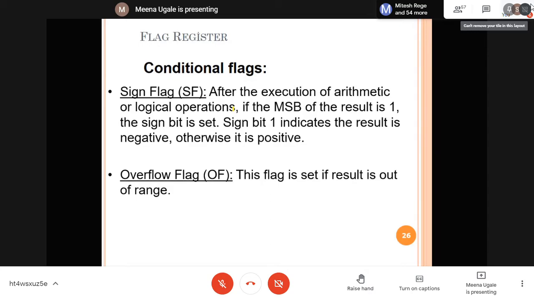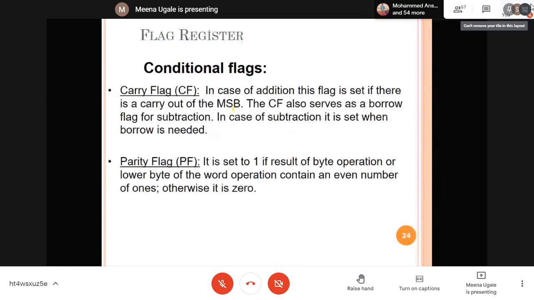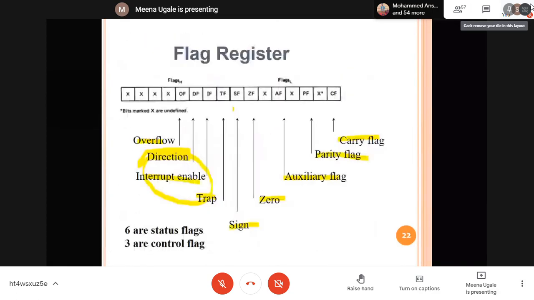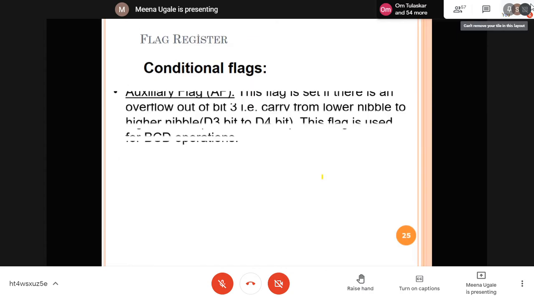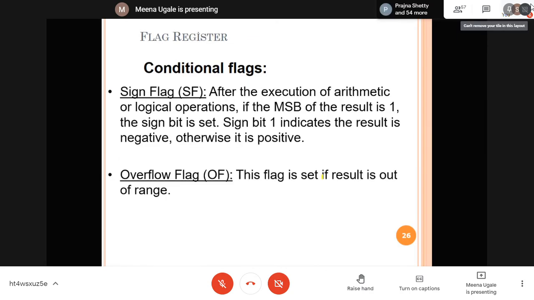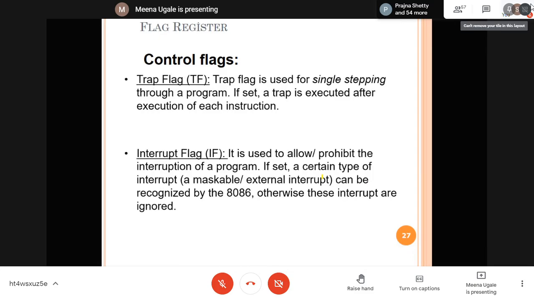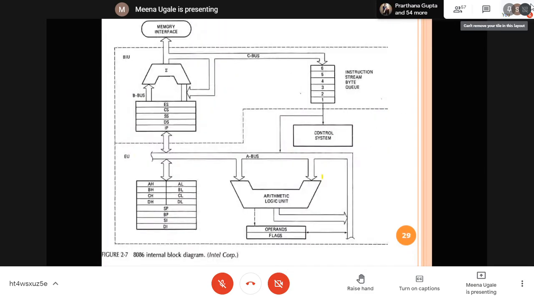Got it? Flag register. Again, normally in your viva, a question is asked just to write this slide. The flag register question will be asked for 6 marks: explain the flag register for 8086. So you can draw this flag register, list out these bits, and explain for what purpose these bits are used. Got it? This is your flag register. For this particular topic, this slide content is very much enough to write your answer. For additional information, you can refer to any material afterwards also.